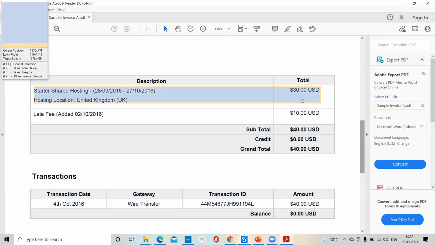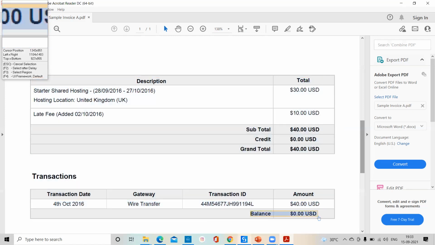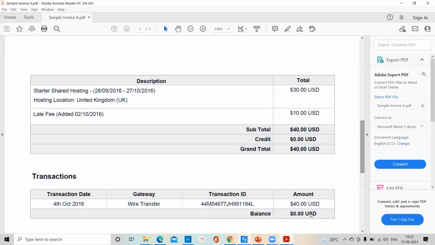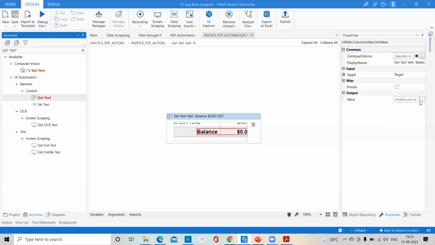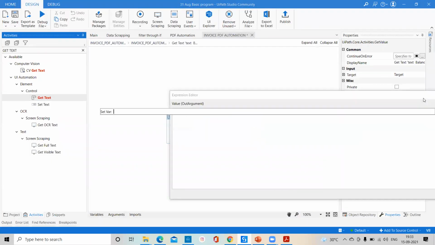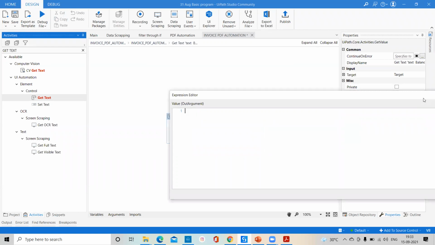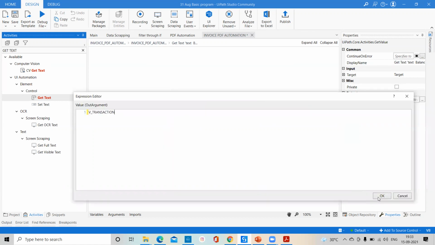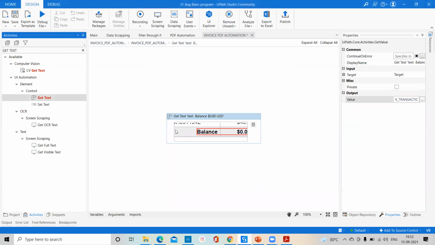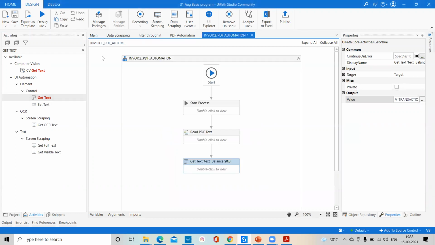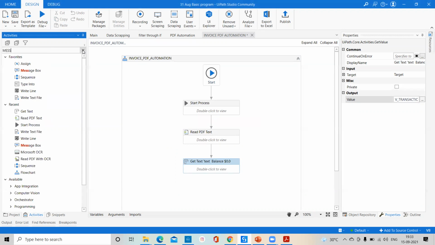Okay, so this way, right now you can see here. If you install the latest one, right now you can see here this balance part. Balance equal to your $0. Control K, and here we can create this variable, V transaction. Here we'll go and click on OK button. After that, the same thing we'll do here. We'll take this message box and we can display your data here.